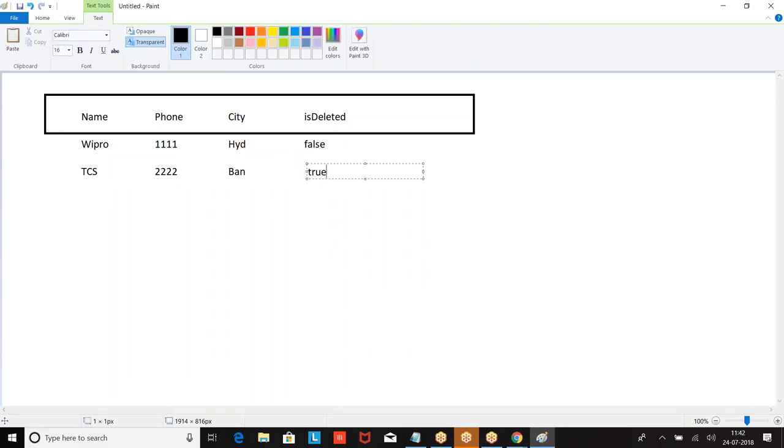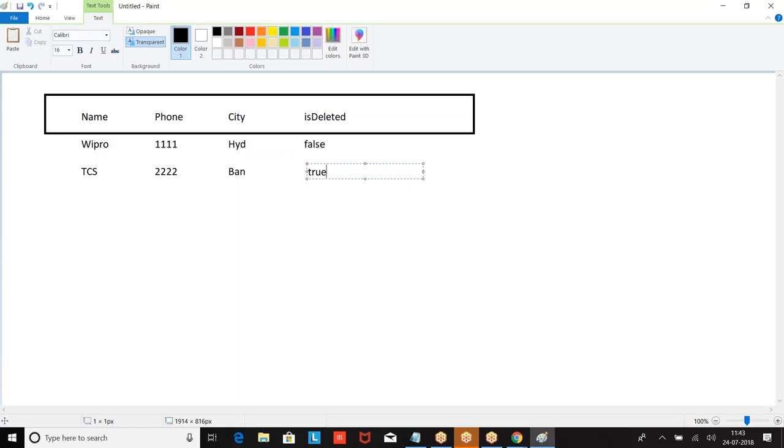Now when you delete the record, it will not be deleted from the database. Still the record is in the database for the next 15 days. Whenever a record is deleted, it will stay in the database for the next 15 days, and then it is going to be deleted. During those 15 days, how do you know that record is deleted?